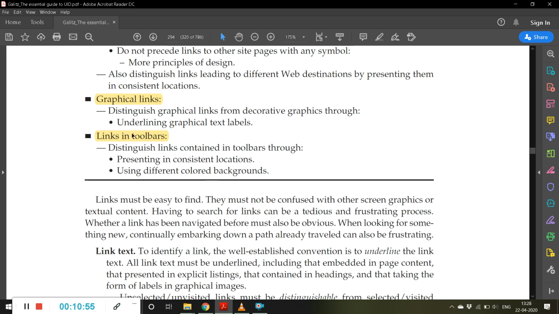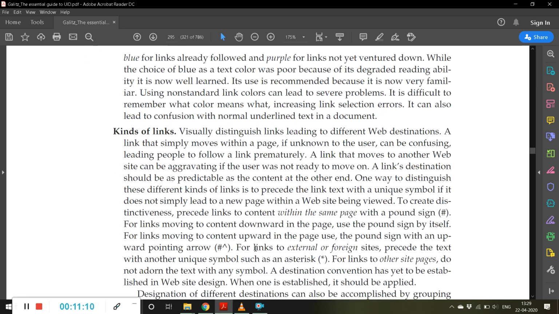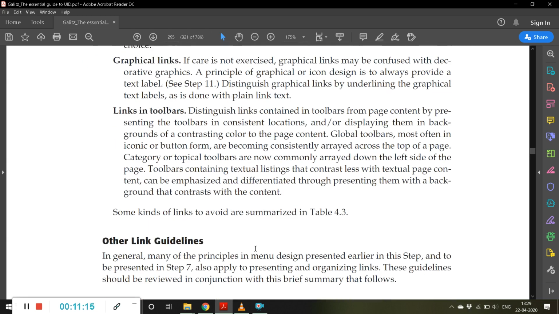The same information is explained here, and I request all of you to go through this.